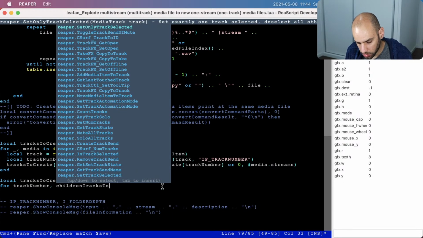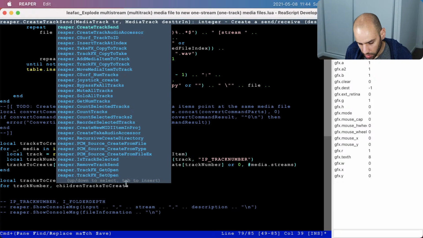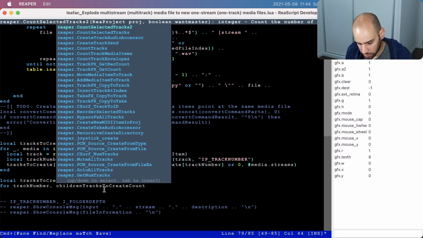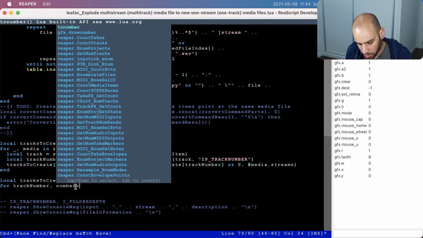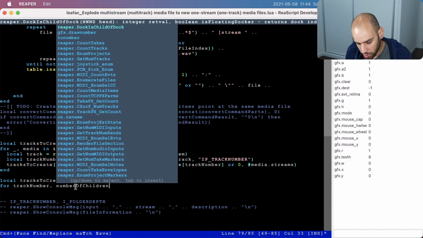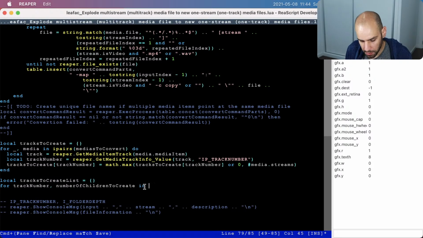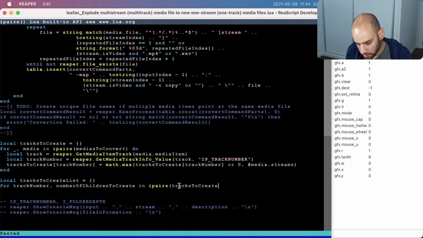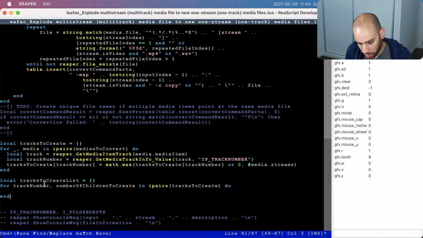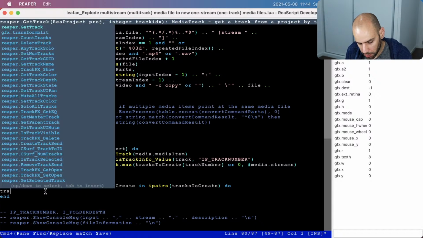Children tracks to create count. Number of children to create. That's the best name I have. In ipairs of tracks to create. And then I will table